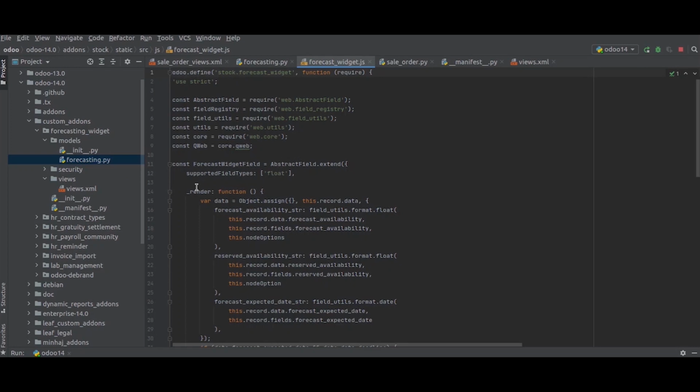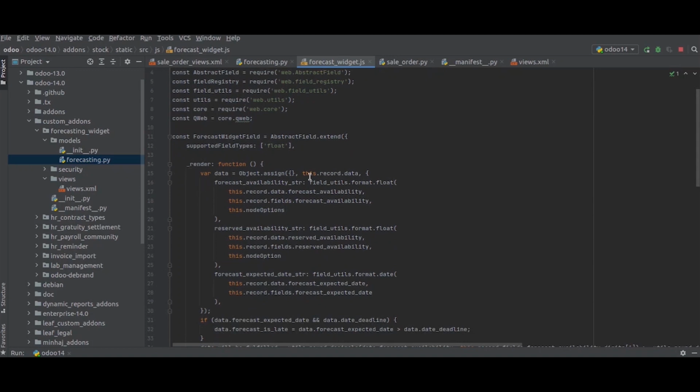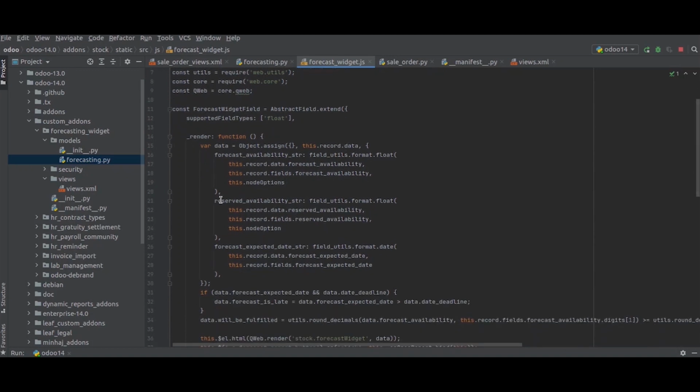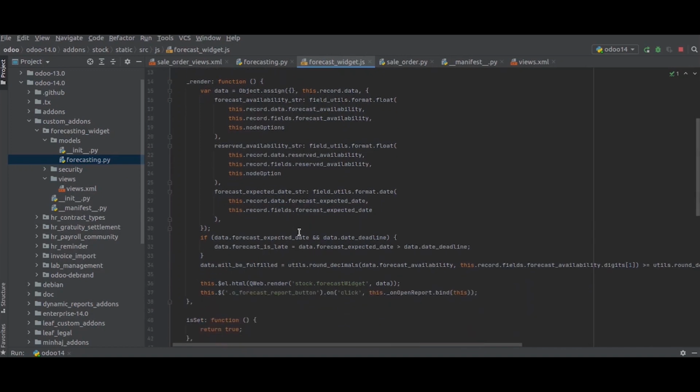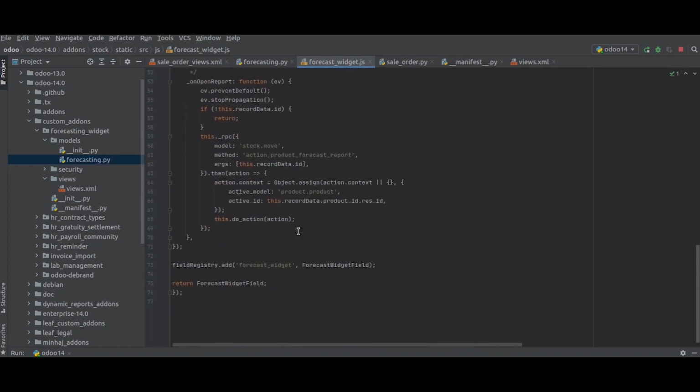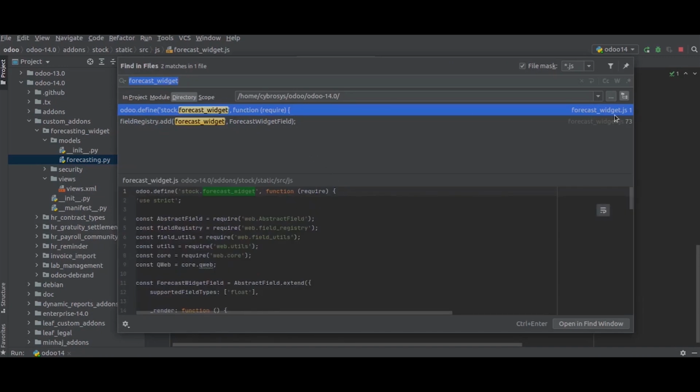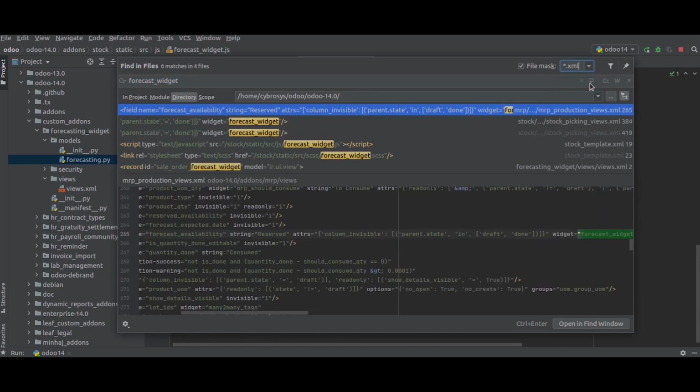Here we can see they are rendering the function, and fields like forecast availability and reserved availability, such basic fields, are needed for the calculation of the forecast stock. At the bottom, finally they return the forecast widget field, and we can use this widget in our XMLs. So if we search inside XML,